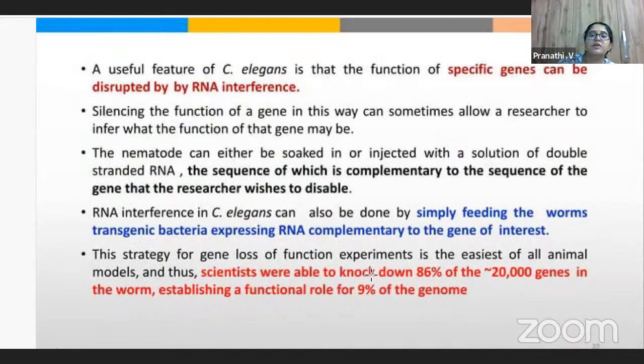And what is it that we're looking at? So we have a feature which is very important in the case of Caenorhabditis elegans, that is specific genes can be disrupted by RNA interference. So we have something called small interfering RNA genes in fact. So if those RNA interfering genes are functioned, then we have small nuclear RNAs, in fact snRNAs as they are known. So those, whenever you use them, they interfere with